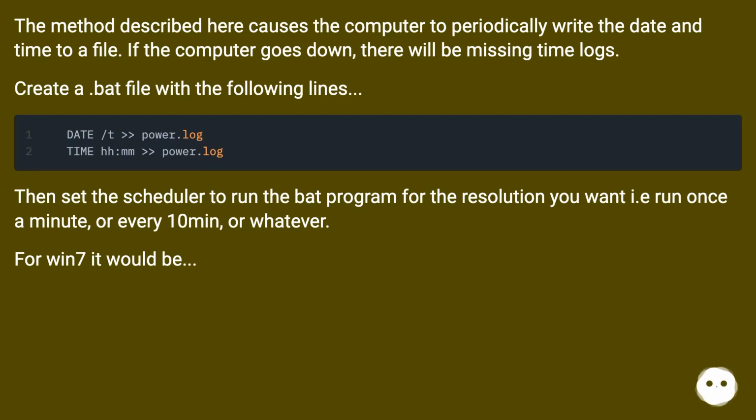The method described here causes the computer to periodically write the date and time to a file. If the computer goes down, there will be missing time logs. Create a .bat file with the following lines. Then set the scheduler to run the BAT program for the resolution you want, i.e. run once a minute or every 10 minutes or whatever. For Win7 it would be